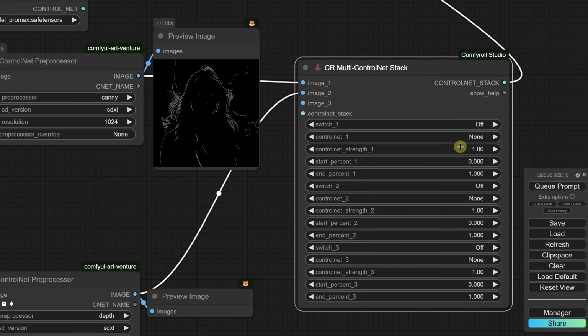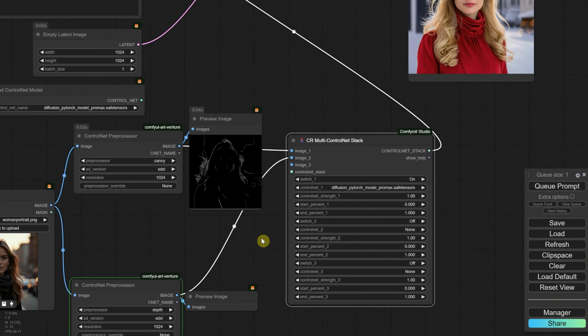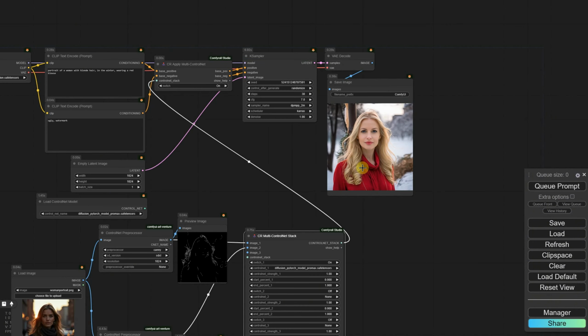Now, let's review the options on the stack node. Right now, the first switch is off, so I will turn it on. Select the ControlNet model from the list, specifically the Pro Max model we downloaded. Below, you have the strength setting. You can adjust the strength, start or end at different steps, allowing ControlNet to apply later in the process and not be so strict. If I run this workflow now, it only uses the first ControlNet from the list for